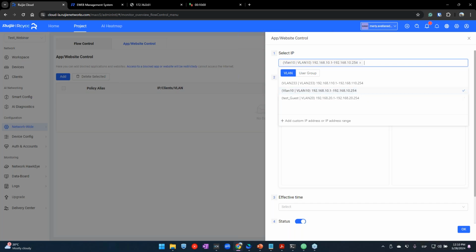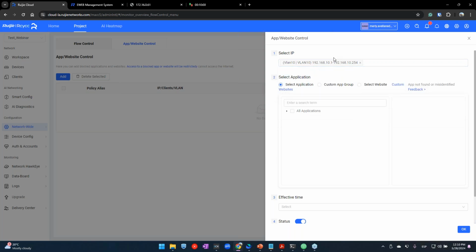If I want to extend my policy to my guests, we only have to click here on VLAN number 20. But I only want to do this on VLAN number 10. And later, I have to choose which application or method we will use for the policy,